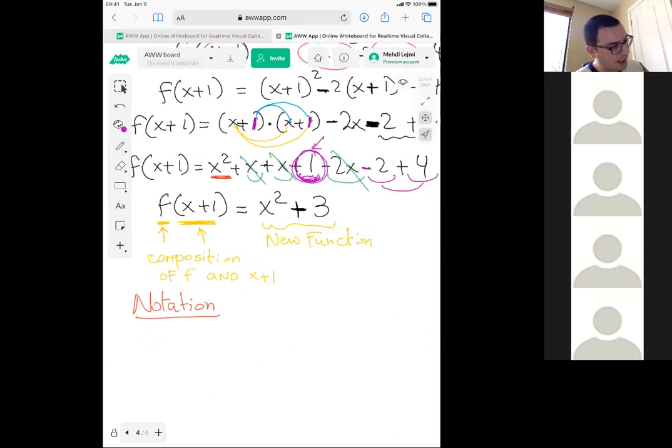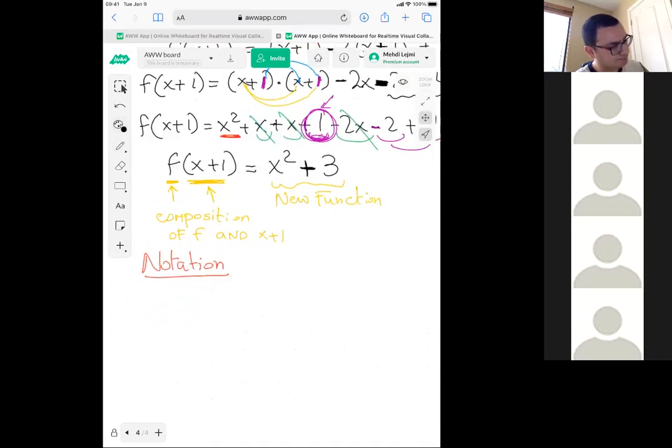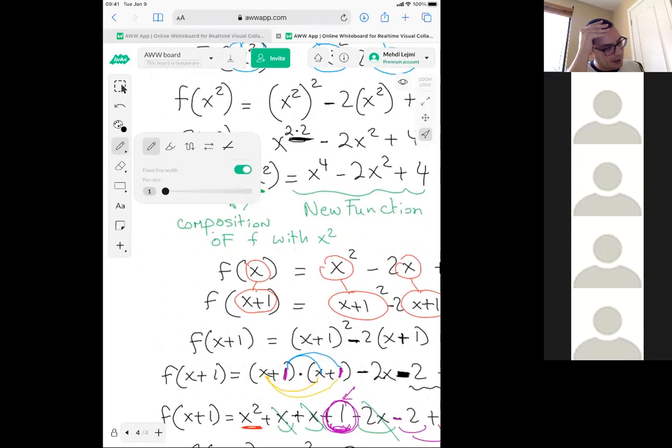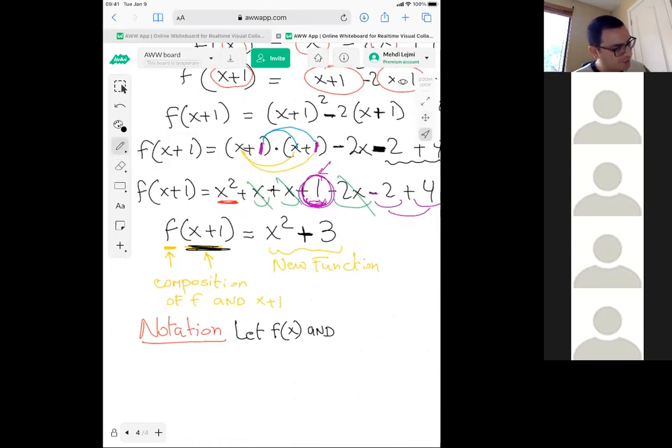Then, notation, guys. Let's say you have two functions, f of x and g of x. Here I picked x plus 1, here I picked x squared. I just picked some random function, right? You can pick just any function g. So let's say you have f of x and g of x be two functions. Then